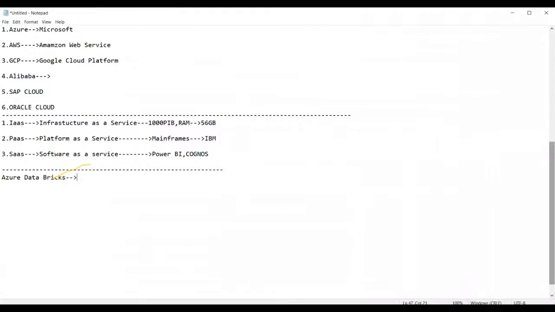which is provided to perform the job of extraction, transformation, and what is that? Loading. The Azure Databricks is a service of Microsoft provided to perform the job of extraction, transformation, and loading. Okay guys, now when it comes to this Azure Databricks, let us try to understand this ETL with